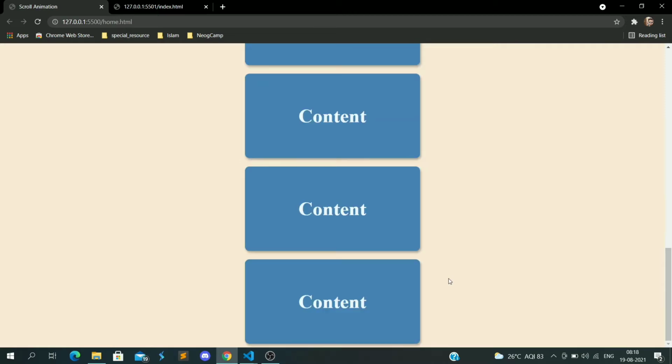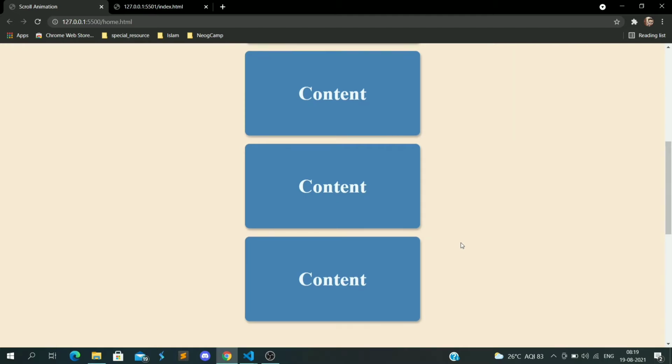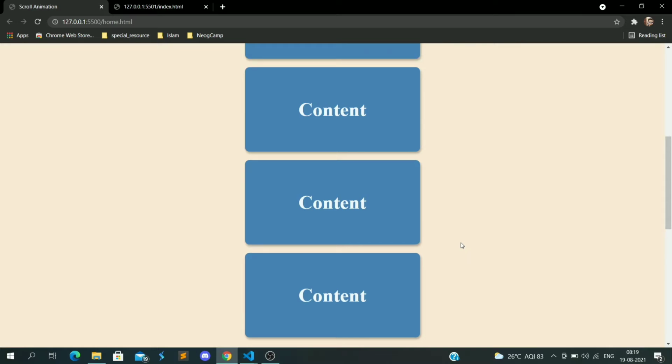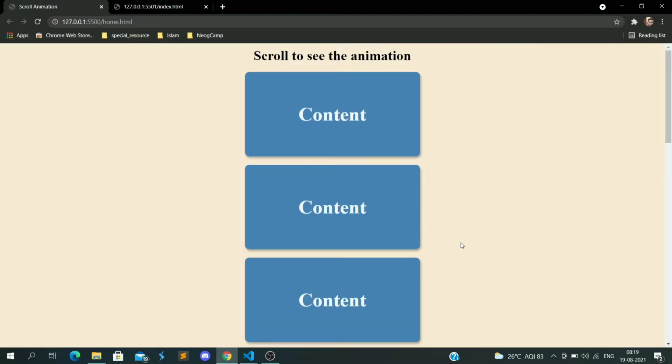So this is the type of feature we will build today. This is a scroll animation. As soon as we scroll up, when the bottom of the cards is greater than the height of the window, the card will fade away. And the even position cards will come from the right side, and the odd position cards will come from the left side. Okay, so we will make this type of website. This is our local project and we will start doing it.